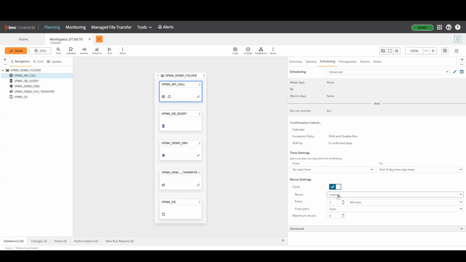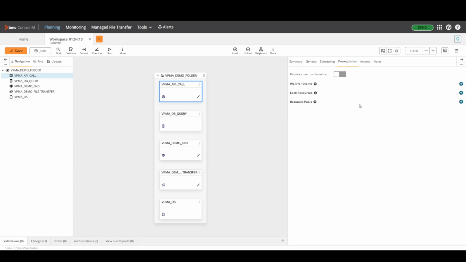When we enable this option, it'll also give us a few different interval settings, so we can use an interval sequence. So let's say we want the first rerun to be after 5 minutes, the second rerun after 15. We can use the interval sequence to accomplish a scenario like that, and we can even set specific times for the rerun. So we can say the first rerun should be at 10:15, and the second rerun should be at 12:45. Now going over to the prerequisites tab here,